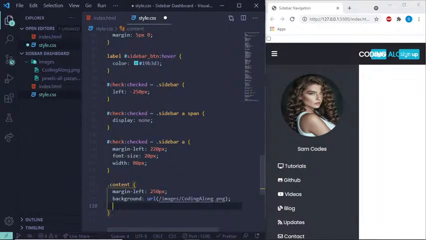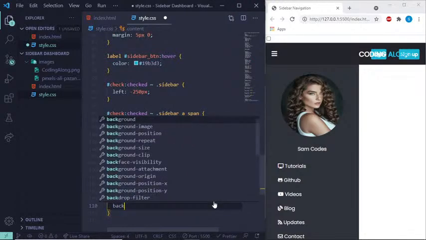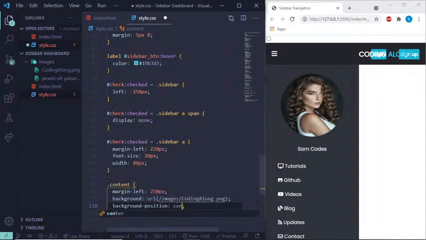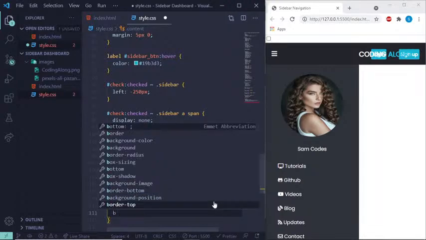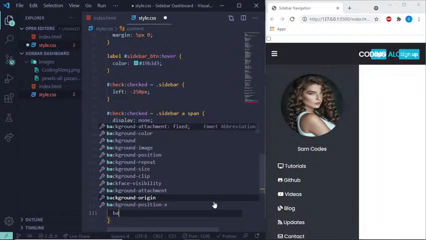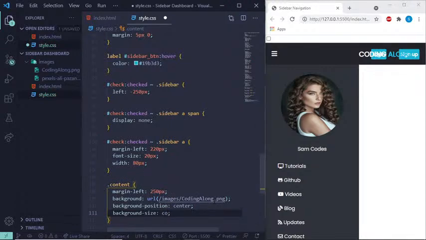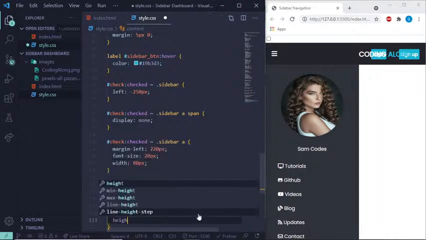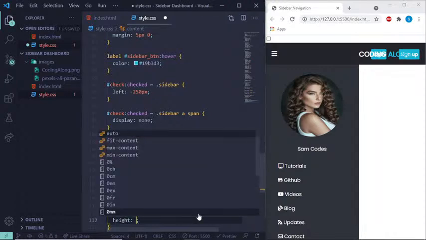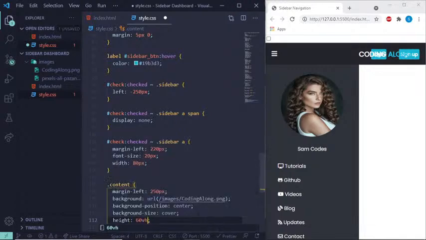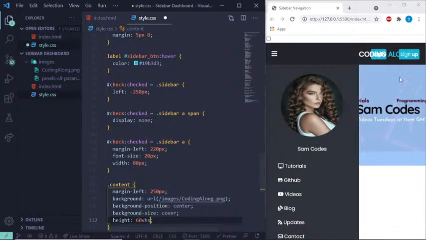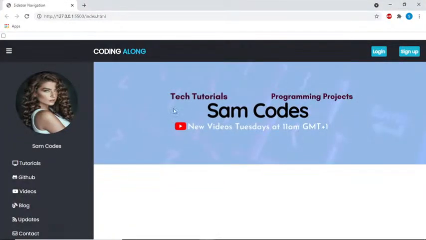So we need to create some space for this image. Let's say background position center, and also background size. The background size will make it cover. But it's still not showing because we haven't set a height. The image needs some height. So yeah, we'll give it 60 VH. If you wanted to take the whole screen, you can give it 100, and voila, we can see our image right here. So if I gave it 100, it would take everything,